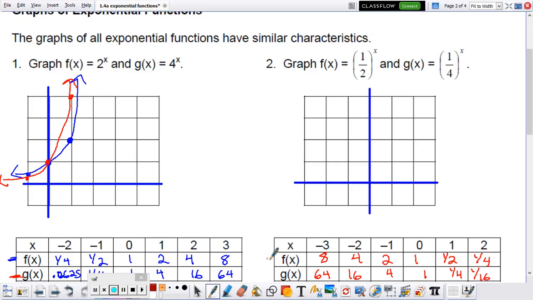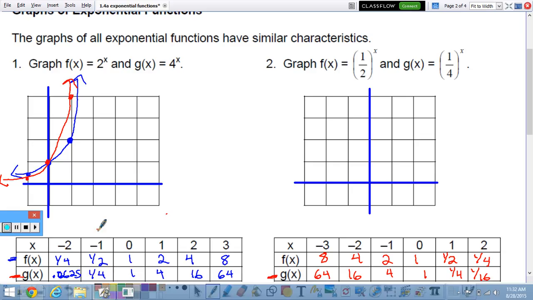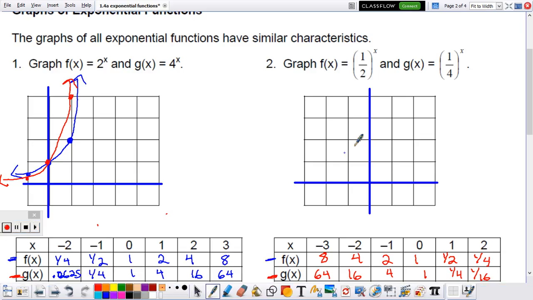So if we graph this, I'm going to do this one in red. This one I'll do in blue. So -3 and 8, that's too high. 4, 2, 1. Oh, I missed. Pretend it goes through the points. And then the red, we've got